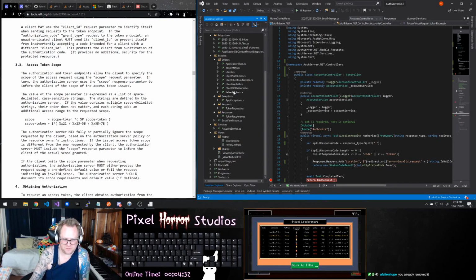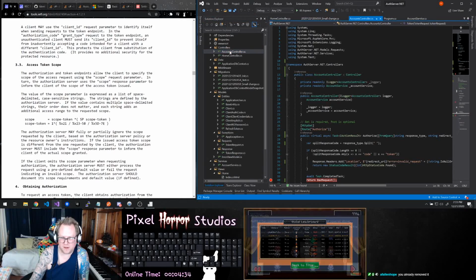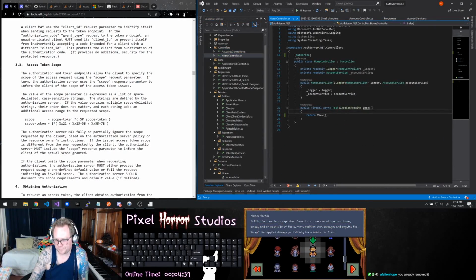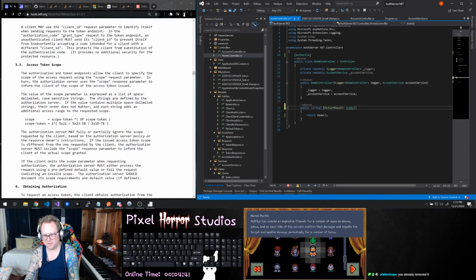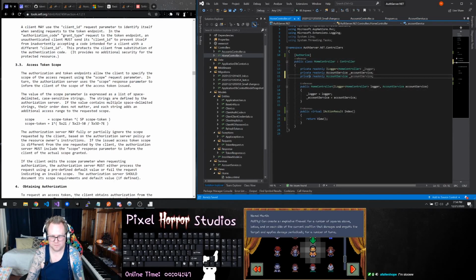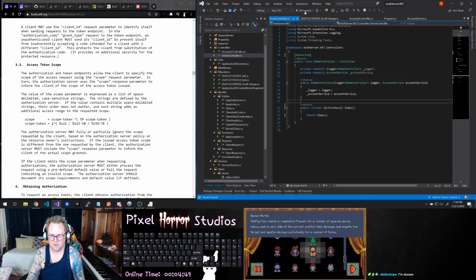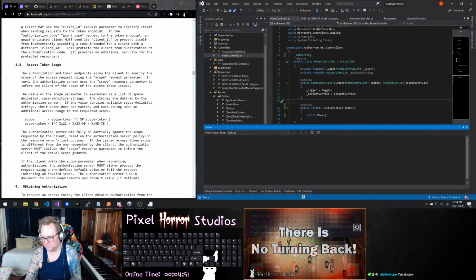So let's do some testing, okay? So over here on my accounts, on my home controller, I've added this index page. We don't need this to be asynchronous. And index is just going to load if it's authorized. So when we run this,